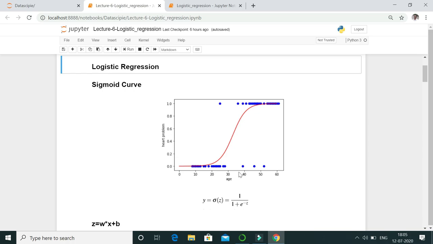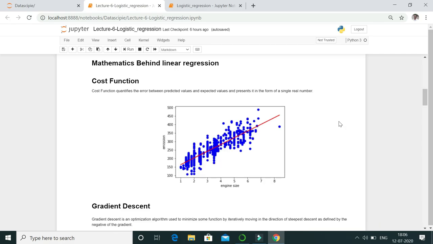So this is a graphical representation of logistic regression, where this graph is called the sigmoid curve. From the center, the left hand side parameters define the outcome as 0, while the right hand side parameters define the outcome as 1. The equation for this sigmoid curve is y is equal to 1 upon 1 plus e raised to minus z, where z is w into x plus b, where w is the weight while b is the intercept. Next, before proceeding to the programming, we first have to understand how logistic regression works.